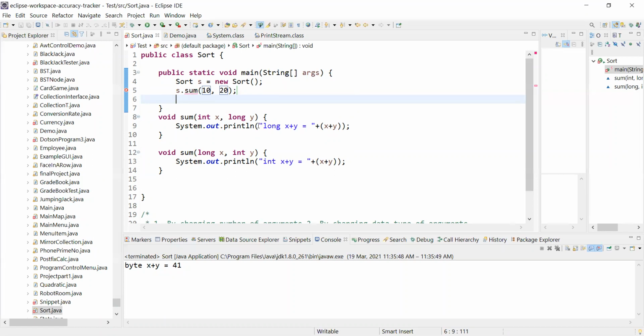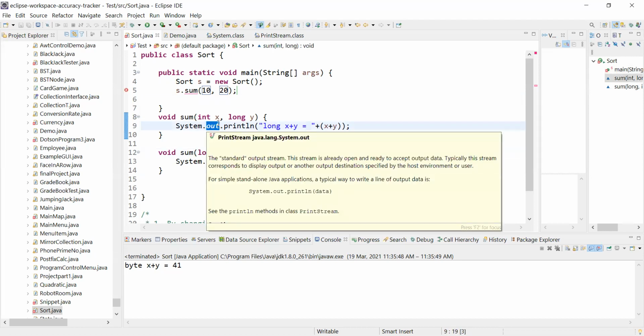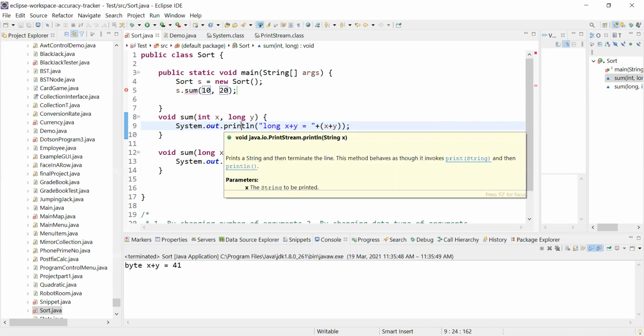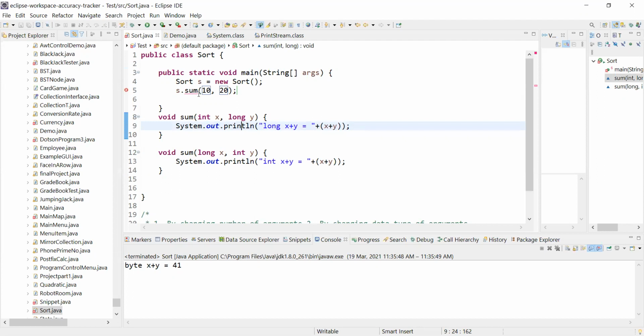Yeah, there is a compilation error. Like now it's confused whether to call this one or this one. Yeah, that's clear. So in this kind of scenario, there will be a confusion for the compiler, and it will say, I'm sorry, I'm not able to do anything. Okay, so this is the case of ambiguity.